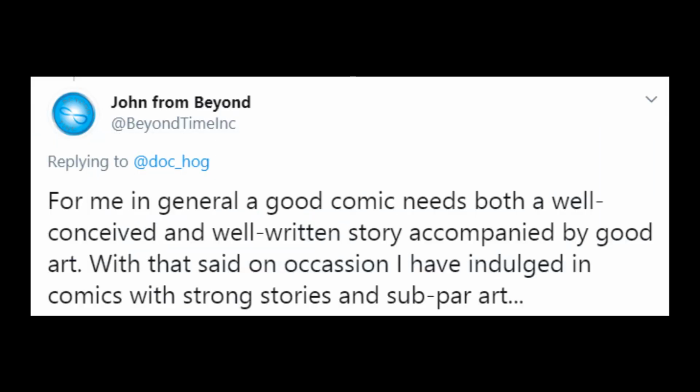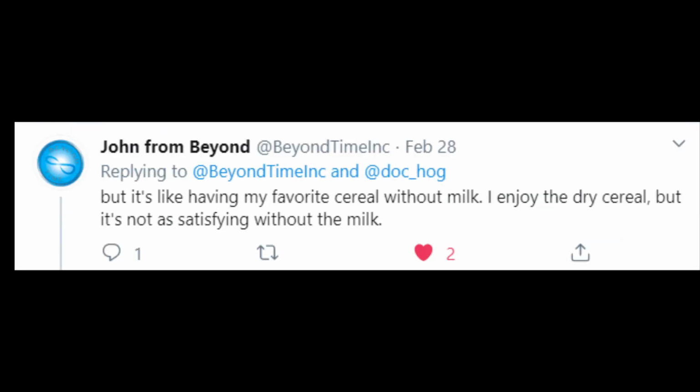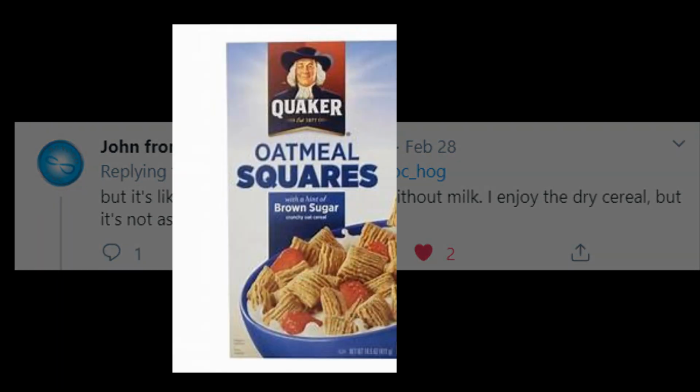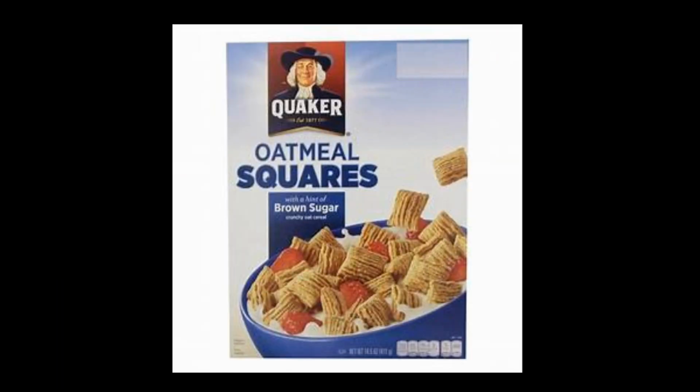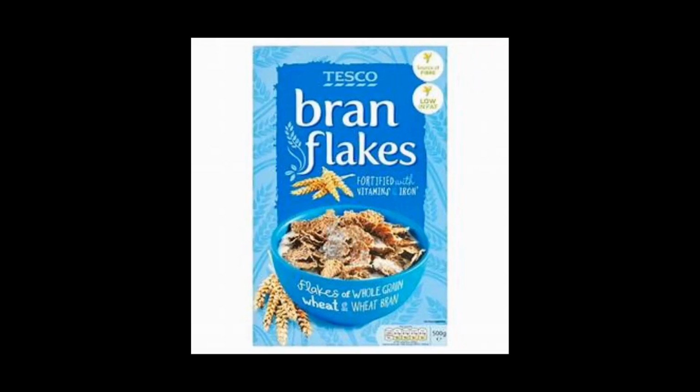Here's John from Beyond. For me, in general, a good comic needs both a well-conceived and well-written story accompanied by good art. With that said, on occasion I have indulged in comics with strong stories and subpar art. But it's like having my favorite cereal without milk. I enjoy the dry cereal, but it's not as satisfying without the milk. And, again, it would also kind of depend on the cereal, right? If it's oatmeal squares, hey, yeah. But if it's just bran flakes, having bran flakes without the milk is like...